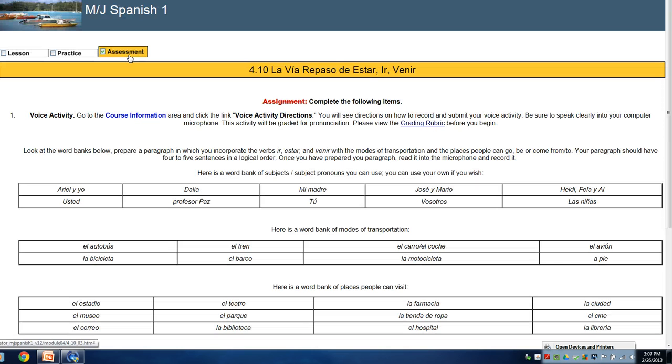The important part I want to go over is the assessment, because this is a little complicated. You can do it, but you do have to really read and pay attention and follow directions. So let's go ahead and take a look, and this is a voice activity. So you're going to make sure you've been listening to all those sound files, make sure you know how to pronounce all of the words. You're going to write them out first, and then you're going to read them in your very best Spanish.